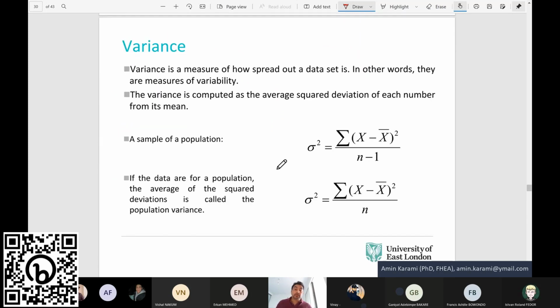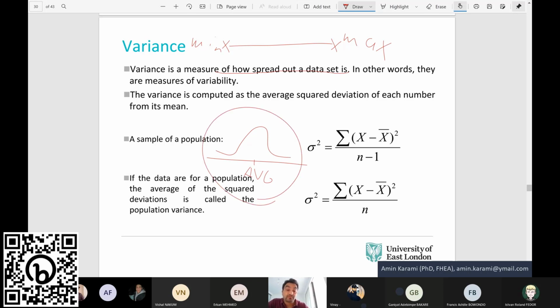So variance, guys, variance is the measure of how spread out a data set is. When we talk about percentile, we consider the distribution from minimum to maximum. But variance also calculates the spread of data, but around the mean. So here we have the average or mean value, and it finds out how data has been distributed around the average. This is exactly what we needed, because skewness and kurtosis just give you